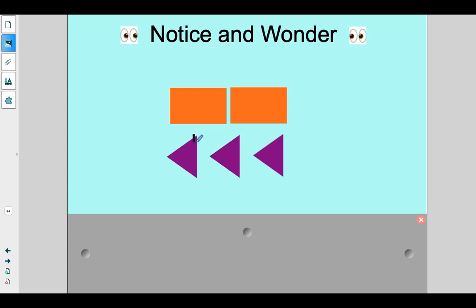And maybe you even noticed that there were 1, 2, 3 points on a triangle. And tri actually means 3, like when you're learning how to ride a tricycle, it has 3 wheels on it. So maybe you noticed that. And maybe you noticed that there were, let's see, count them with me. 1, 2, 3, 4,